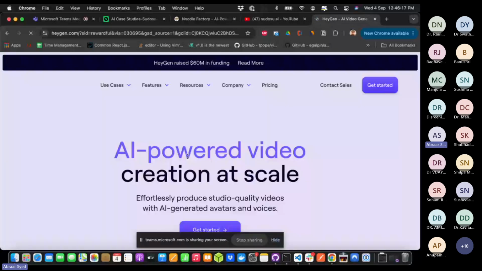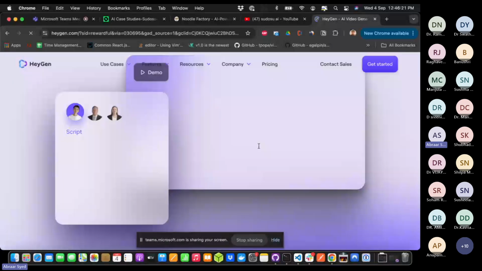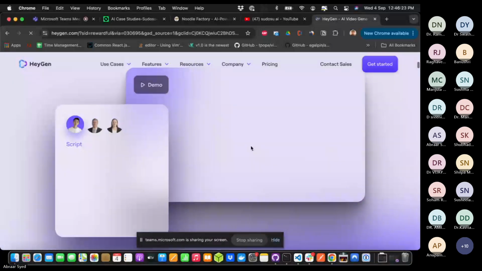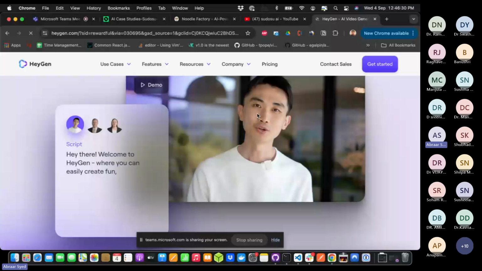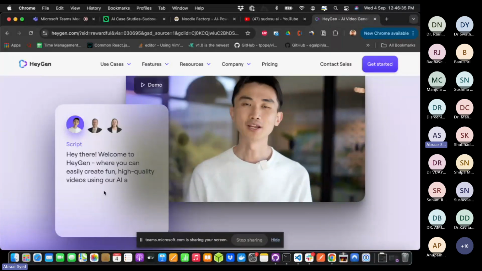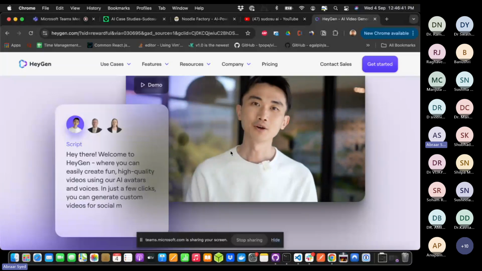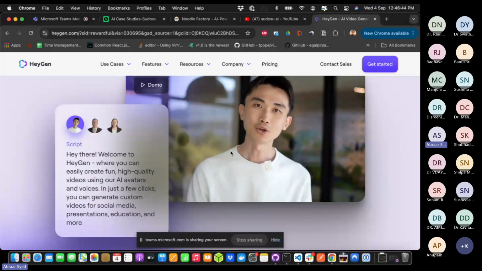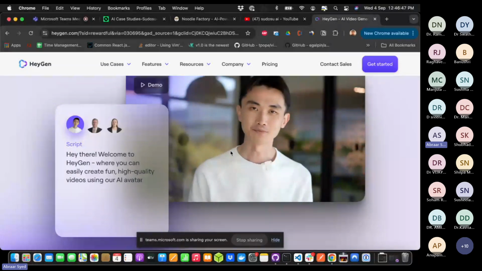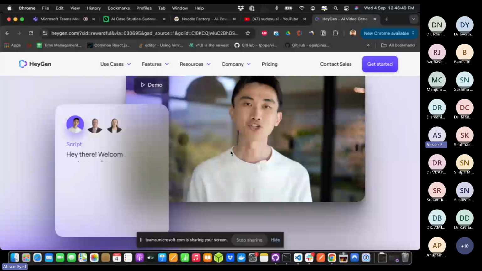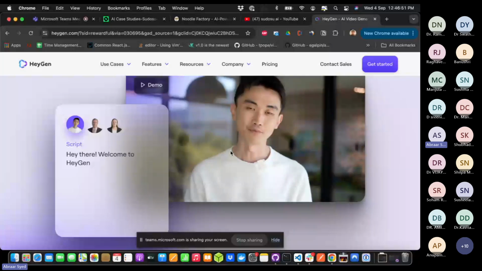So for example, let me show you. Look at this. Let it load. Yeah. So what you can essentially do is give a script to it and it will start talking like this. This is actually the founder of HeyGen, and he's using a script and there's an AI avatar generated like this. Already this is being used by a lot of TV channels to have news anchors. So the news anchors that you see are no more real people. These are actually AI avatars who will be replacing the real humans to converse like this.